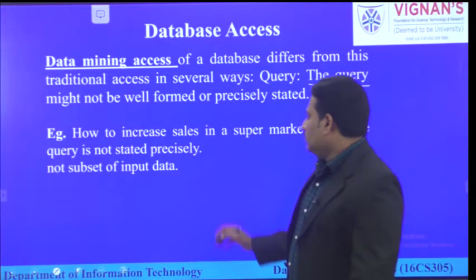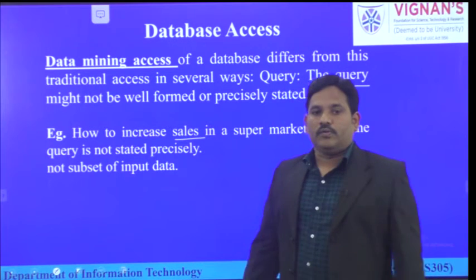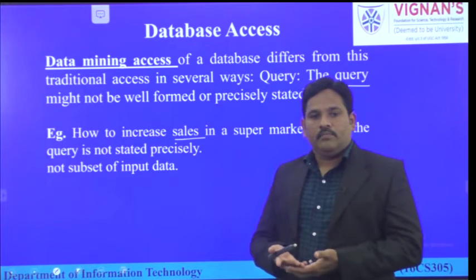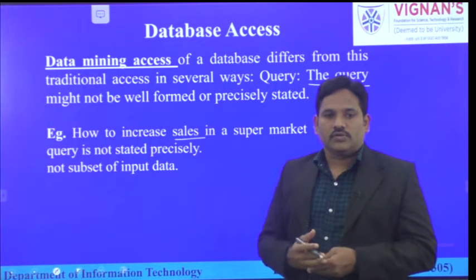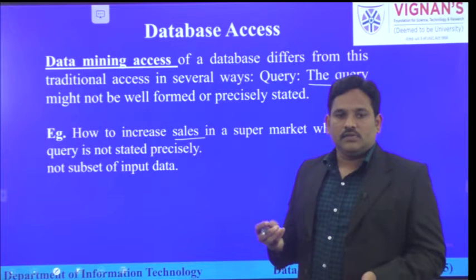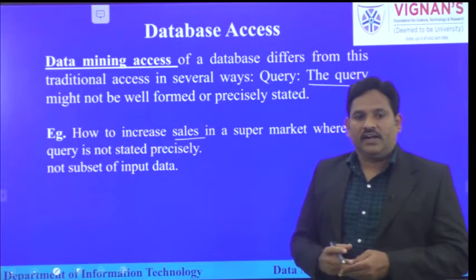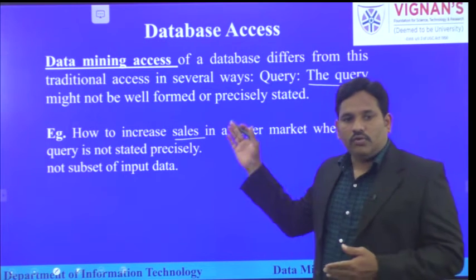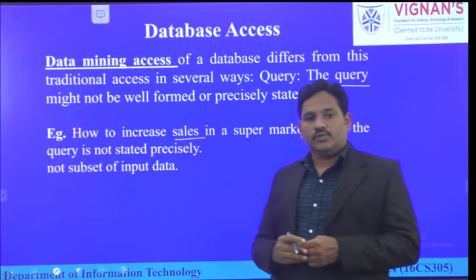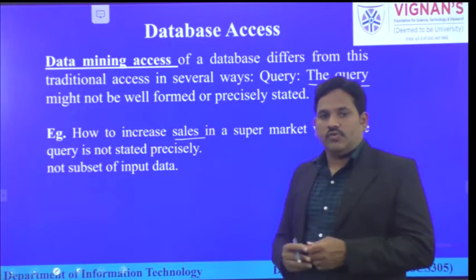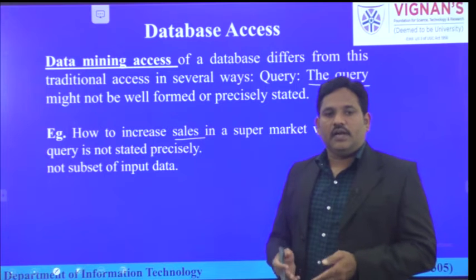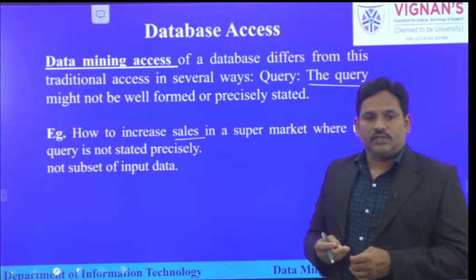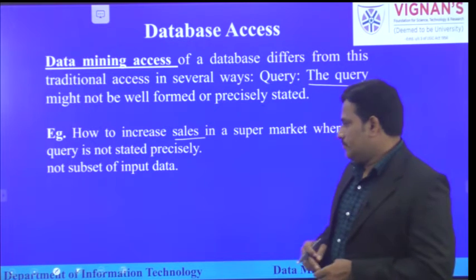Here the task is they want to increase the sales in a supermarket. So for this question, how can you write a query in a traditional database? Because related to sales you may have some information, but to increase the sales, nothing is available in the traditional database or in data which has been stored earlier. Now to do this, we have to use a data mining approach. Now how will this data mining approach answer this query? It will try to analyze the data, or all the attributes of the relevant query, and it will try to explore the information in the form of knowledge.